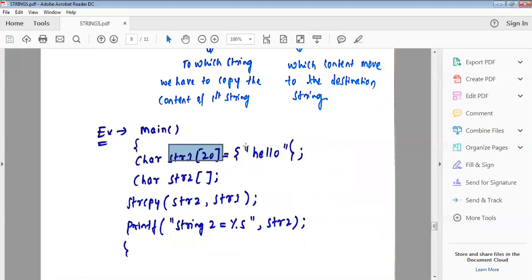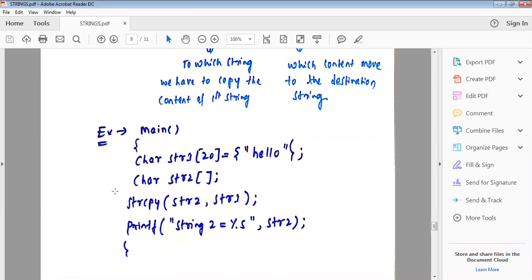So here in the str1 array name I have stored the hello string, and the second one I have taken is str2. So here the array name is str2.